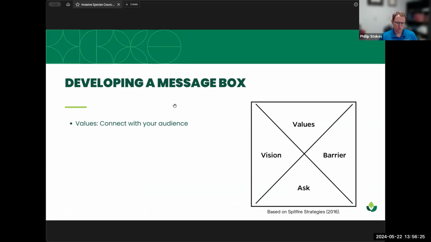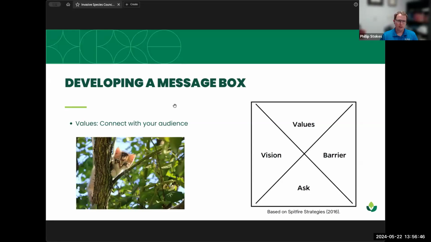Now, going back to what I mentioned before, you want to think of some values. Think of the things that your audience believes in and holds strong to. That rug that we can all stand on, right? This is where you want to find that. So identify a value that you can both relate to. And I will give an example. It has to do with a cat, a cute, furry,